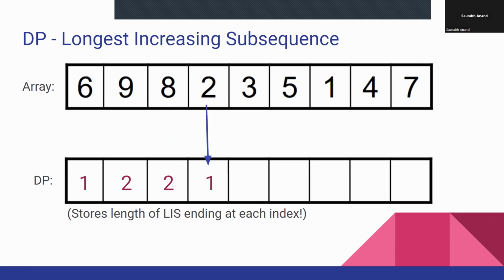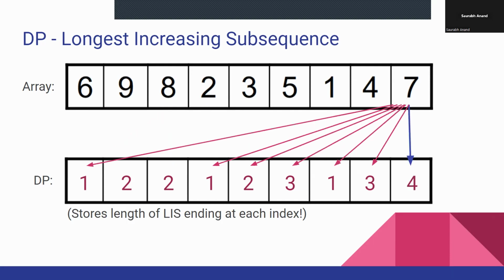2, again, is less than everything that came before it, so it can't be attached to a subsequence. 3 can be attached to the 2 subsequence. 5 can be attached to either the subsequence ending in 3 or the subsequence ending in 2. The subsequence ending in 3 is longer, and we're trying to find the longest increasing subsequence. So we take the one that has 2 elements in it, the 2 and the 3, and we add the 5, making it 3 elements long. Again, 1 is less than everything that came before it, so it can't be added to a subsequence. 4 can be added to 2 and 3. You add it to the 3 to maximize, and 7 can be added to the subsequence ending in